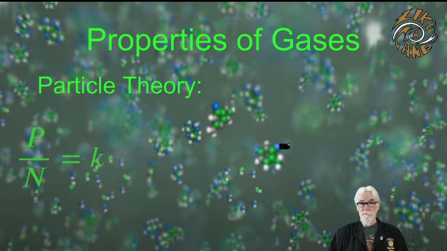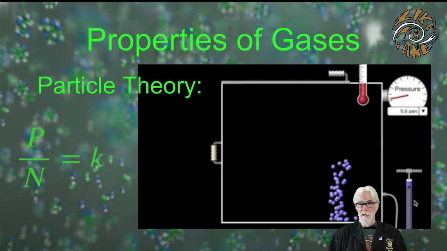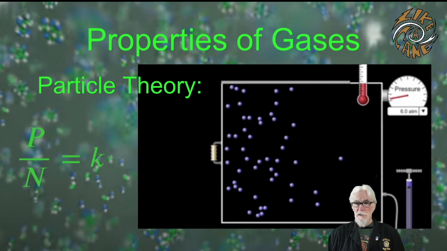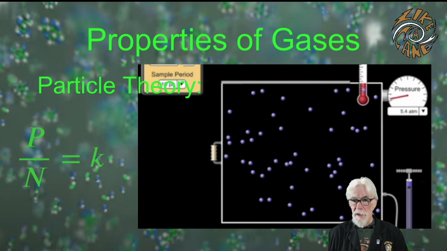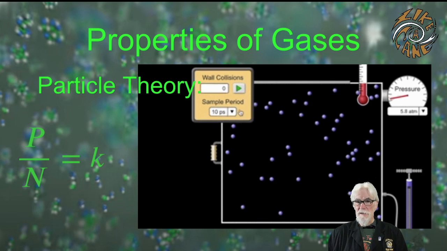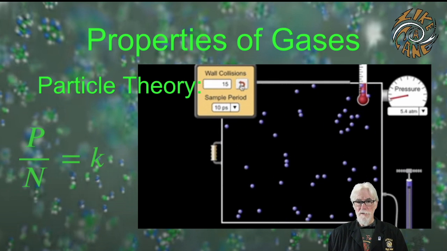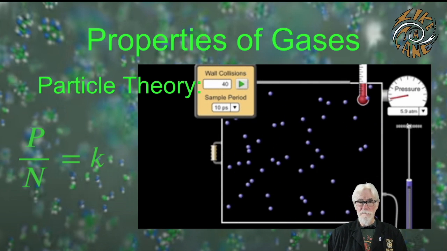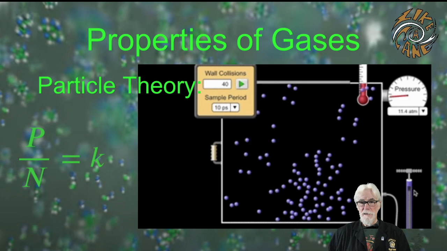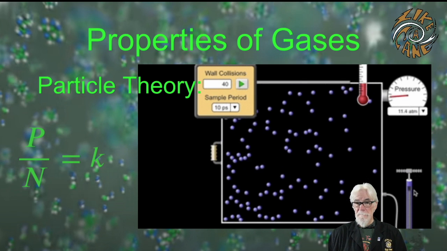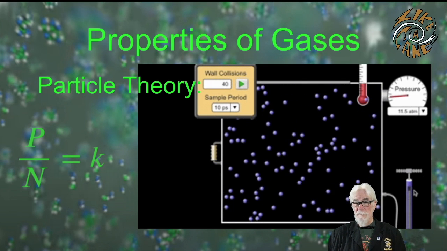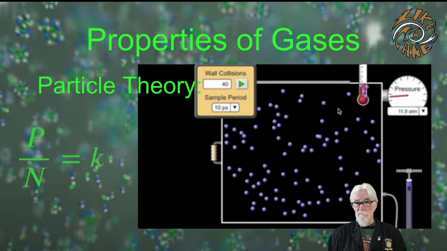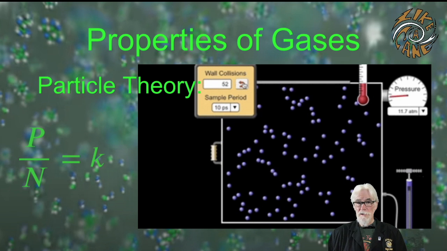Here's the particle theory explanation for why this happens. If we puff in one pump full of air particles into this box, we can see the pressure is about 5 to 6 atmospheres. If we count the wall collisions, we see that there's about 40 collisions for every unit of time. Now we pump in twice as many particles. The pressure jumps to about double, from about 6 to about 12. Now if we check the wall collisions